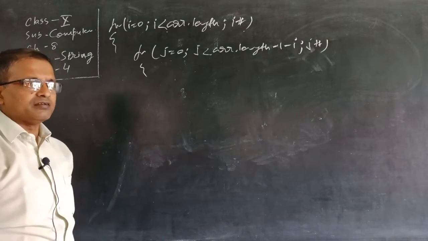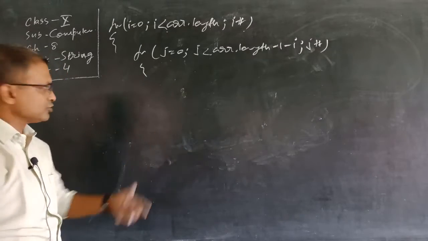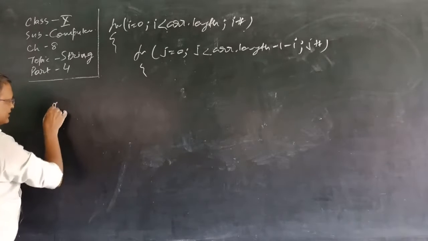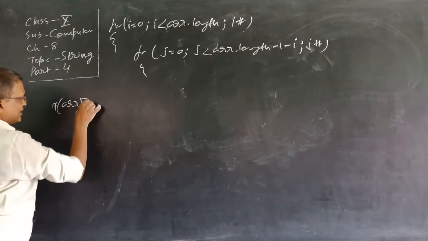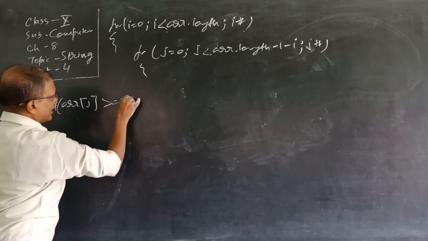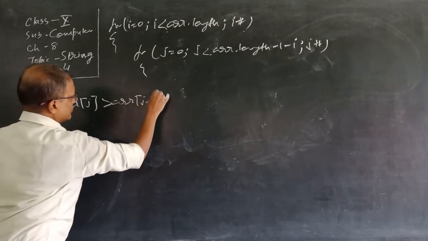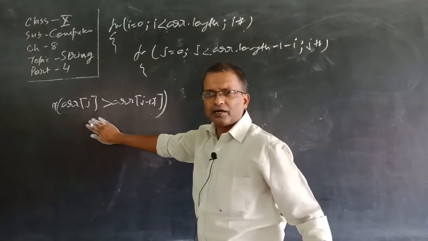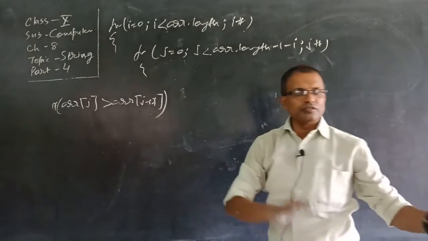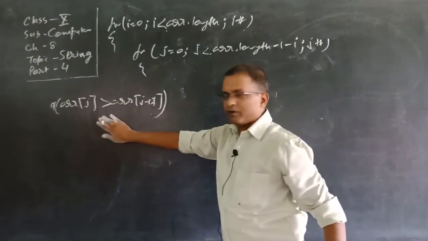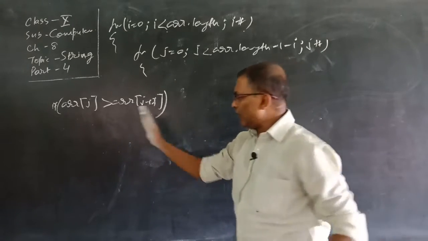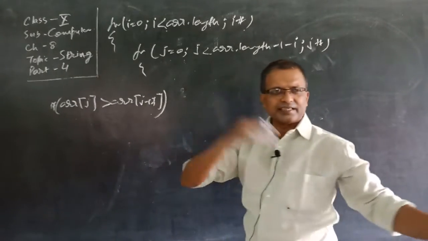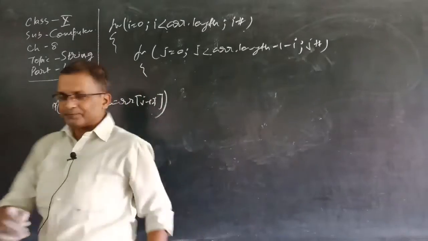What happened in case of numbers in bubble sort? In bubble sort we had done the condition like this: if arr[j] greater than arr[j plus 1]. This concept was in case of numbers. Now it is to be converted into a string. How is the concept of numbers to be converted into strings? How will you compare whether the first string is greater than the second? This will be used like this.